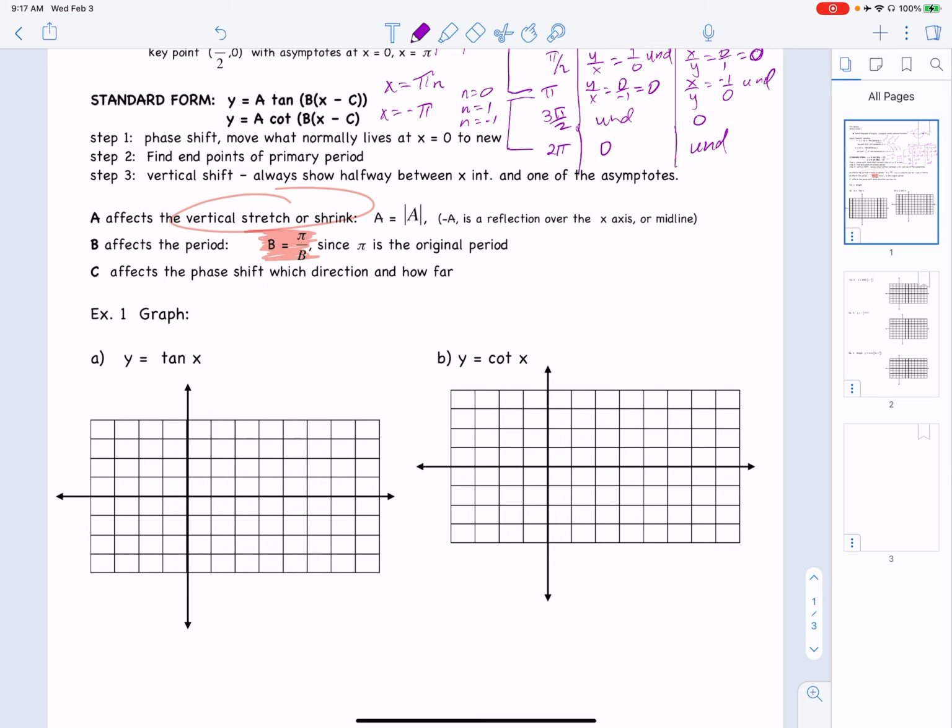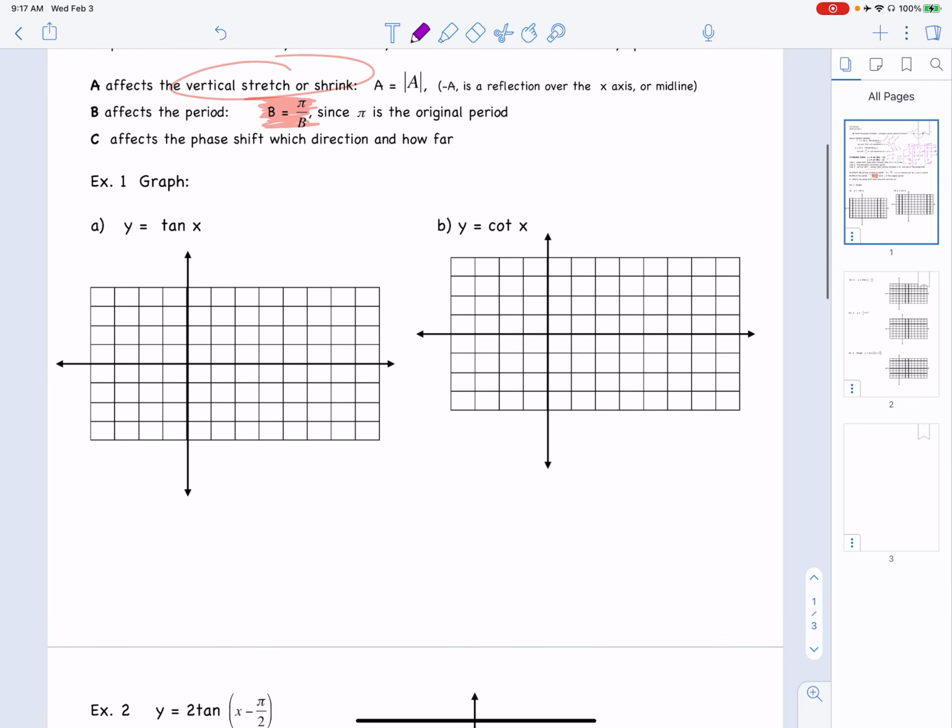So let's look at this first graph, tangent. The period of tangent is pi. And so we still are going to have key increments, 1/4 of the period. So the key increment's going to be pi fourths. And we expect vertical asymptotes. You need equations, x equals negative pi halves, x equals pi halves. And we're actually going to go ahead and draw that in. I'm going to mark this by the key increment. I'm going to go left pi fourths, right pi fourths,